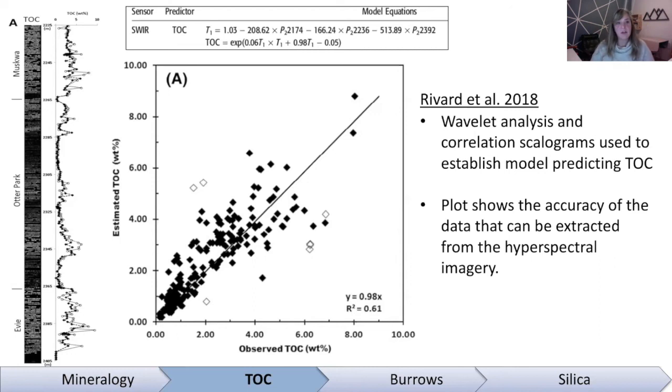Detecting from a greater distance. Hyperspectral imagery is basically spectral data paired with high imagery or high resolution photography. And so you wouldn't really be able to replicate exactly what I've shown in terms of the imagery with grayscale or RGB images, but you would definitely be able to obtain mineralogical data. You would still be able to model TOC, and it would be more similar though to when